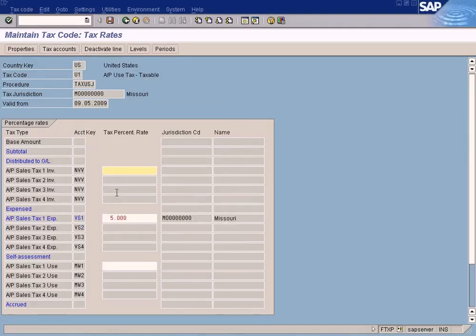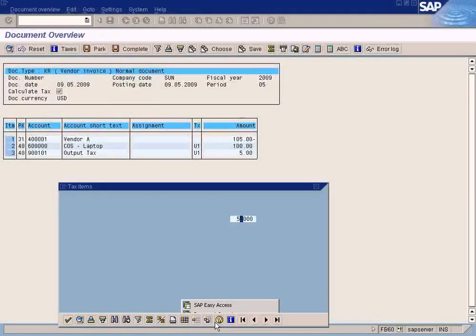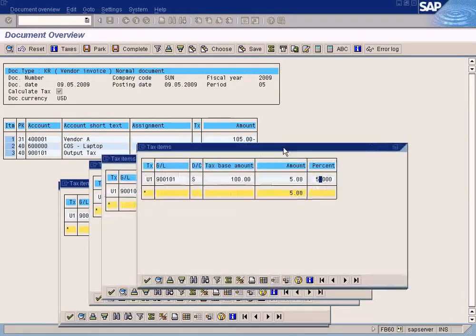So all the rates previously defined will be shown here. Using this valid from date, you can actually enter different rates applicable for different validity periods. So now you know how